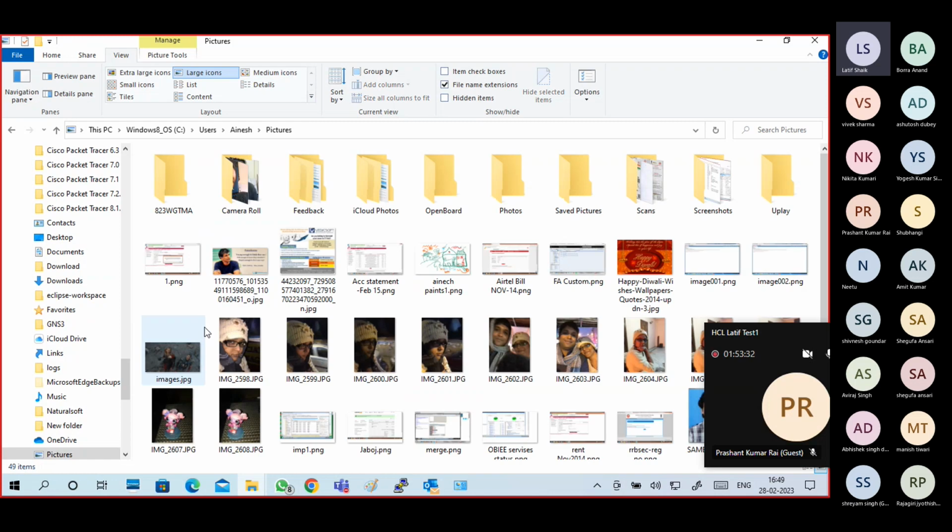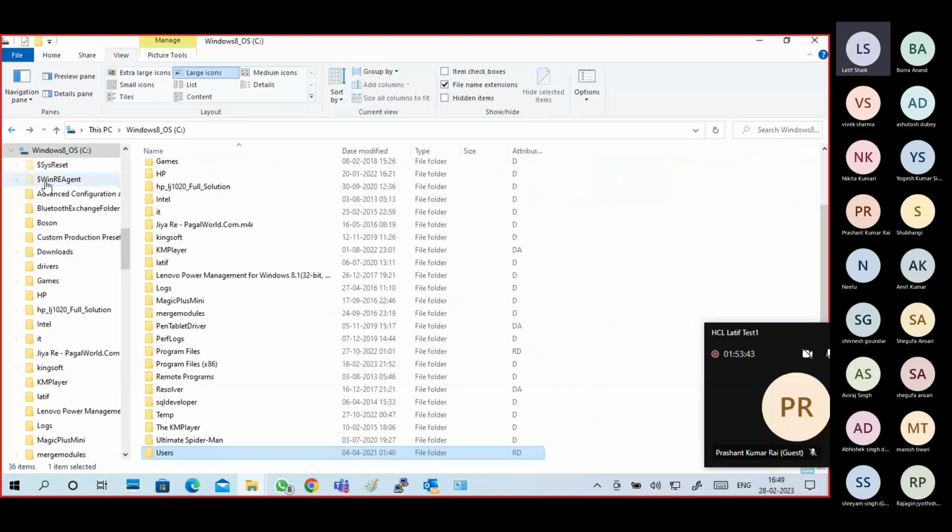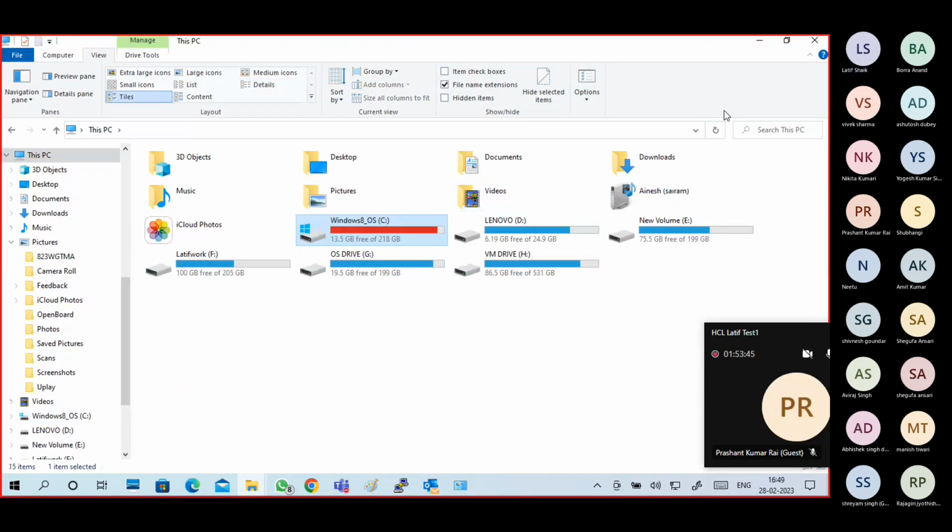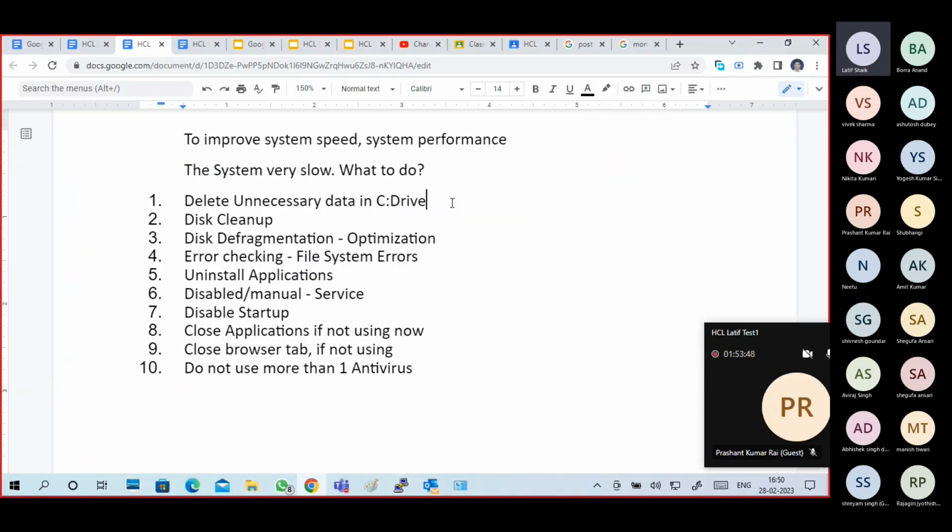So this is pictures. See, it is showing the location now: users, username, and pictures. Okay, guys. So this is the profile data. So if you have heavy data on your desktop or in pictures, documents, unnecessary data or more data,